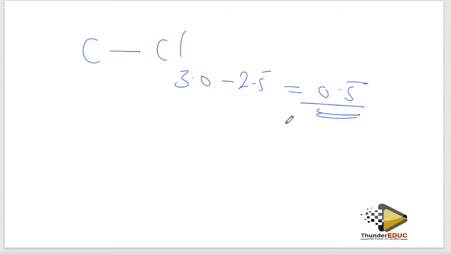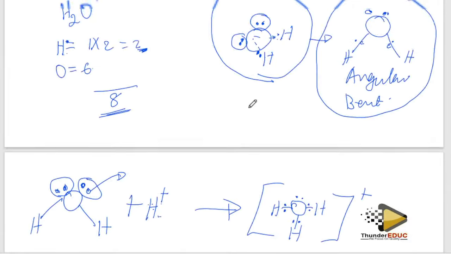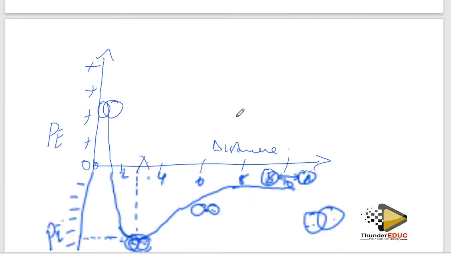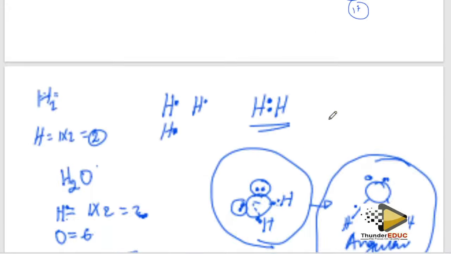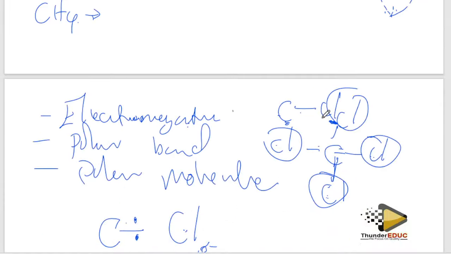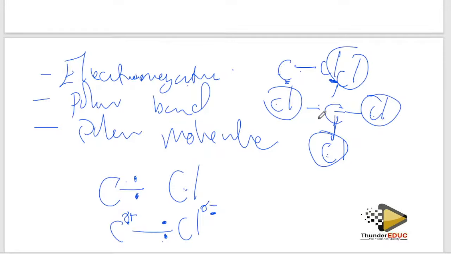Let's go to what you expect. Bond energy and bond length, I've talked about them using the graph, and then the relationship. You must explain the relationship. Make sure that you go to the paper when you know this graph. If you make a mistake without knowing it, you are gone. All right, let's go to the next question.